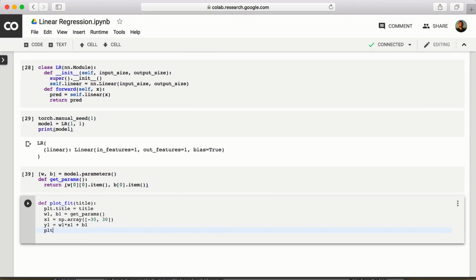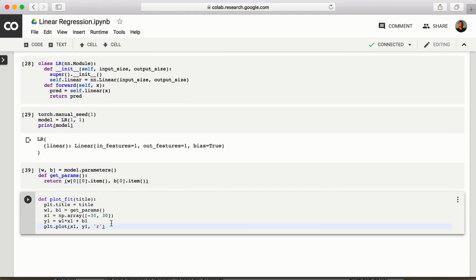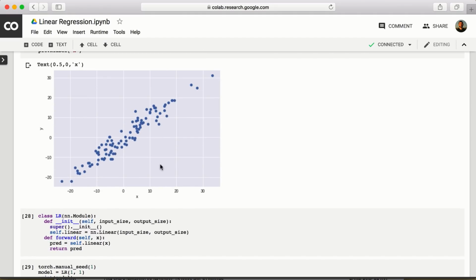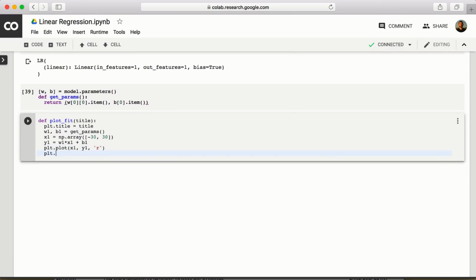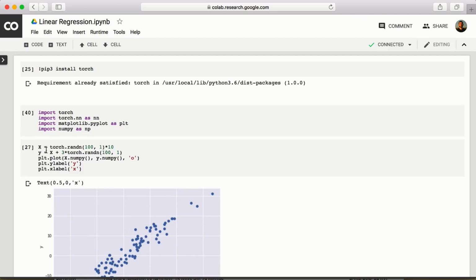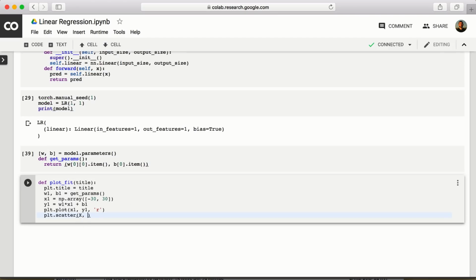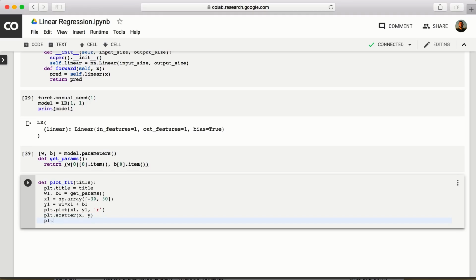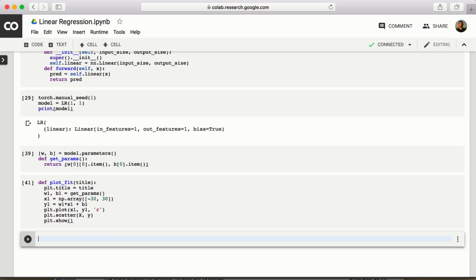All right, let's plot it. plt.plot x1, y1, and given that our data set is blue, let's plot it as a red line by specifying the string r. All right, and that's it. Now we also want to plot our scattered data points, and we do this with plt.scatter. We will plot x and y. And finally, showing our plot with plt.show, and on a new cell, we simply call plot_fit, with the title being